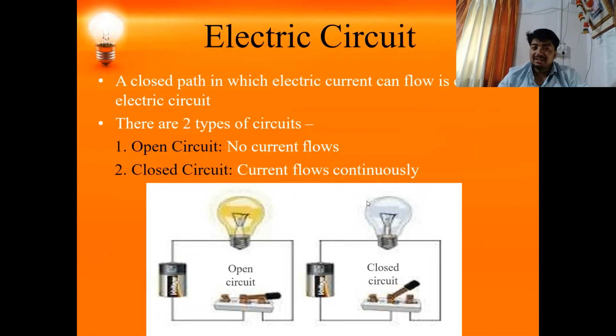Now, this is the very interesting part. Let's move on to it. Let's just observe these two pictures. Here, can you tell me why the bulb here is on and here is off? The answer is the bulb here is on because this is a closed circuit. The current flowing here has a closed path, hence the bulb is glowing. But here this is an open circuit. The key here is open, hence the current does not have any closed path, and that's why the bulb is off. So this is a basic electric circuit which we are going to study.